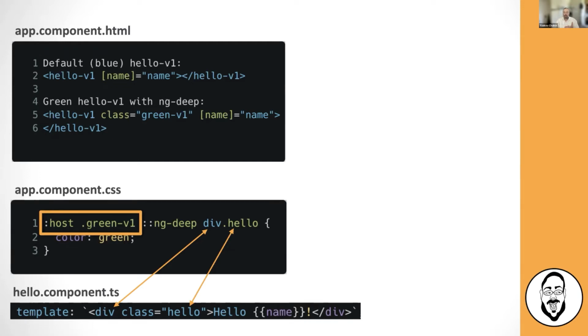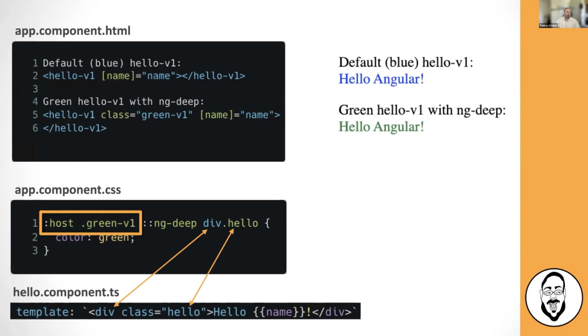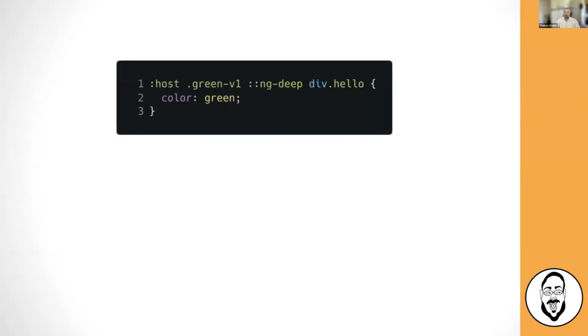which in this case is the app.component itself, but we want to try to restrict it just to that scope alone. And sure enough, if we do that, everything works perfectly, and we are able to customize it. Now, this is our solution, right? We specify :host, possibly a class, say ng-deep, and we kind of reach into the component.